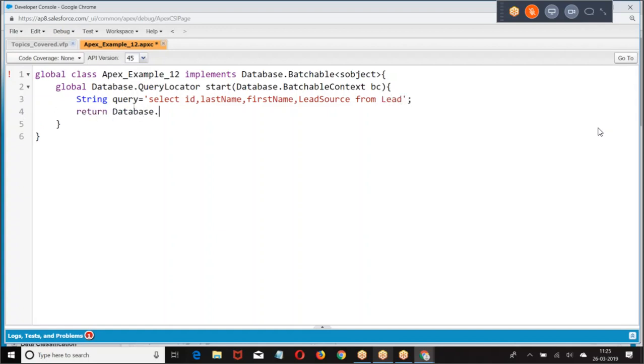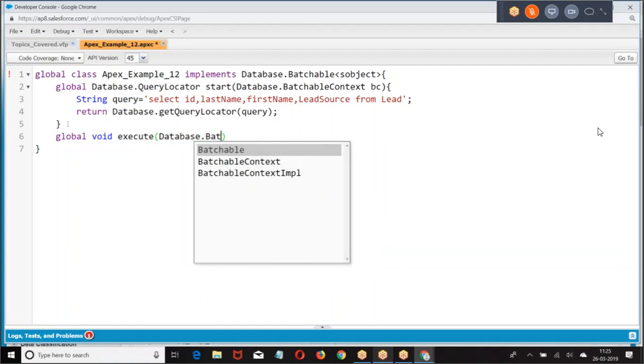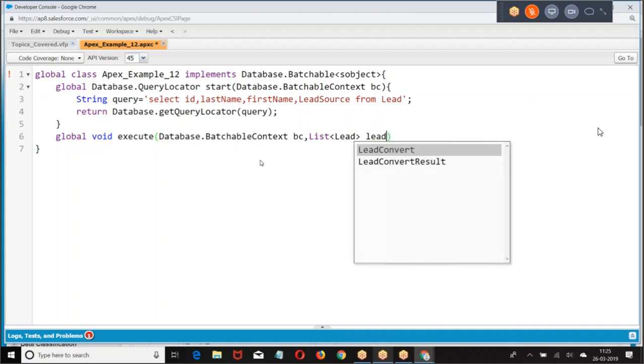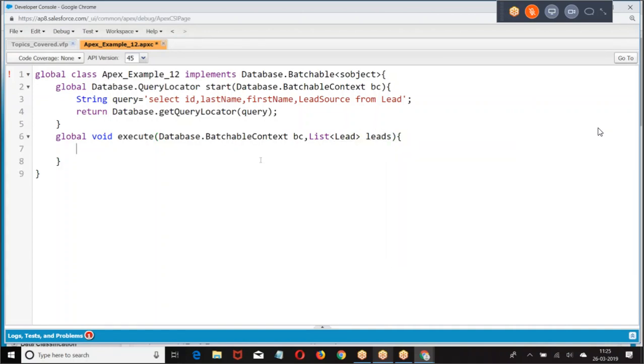Written. Then I'm going to give batchable context. Please.